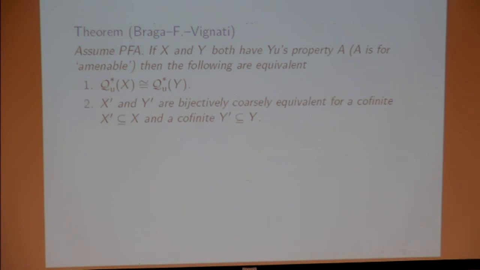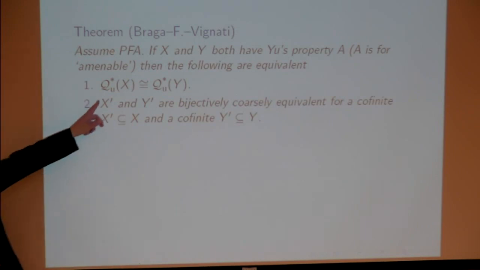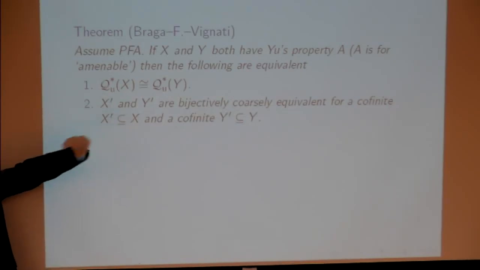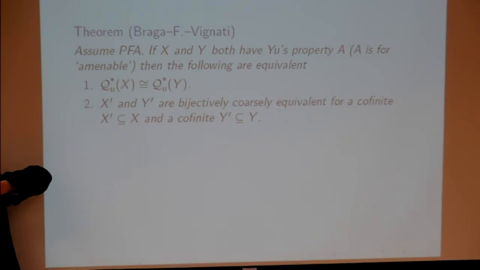Now next, you see, we actually were able to improve our earlier results. Again, assuming PFA, if X and Y both have Property A, this is a strengthening of no Gauss projections, which are not compact. Then the coronas are isomorphic if and only if you can find cofinite subsets such that X prime and Y prime are bijectively coarsely equivalent. Now, it may sound funny at times saying this is strengthening our result because we have this assumption PFA,